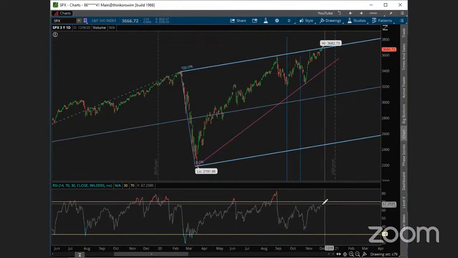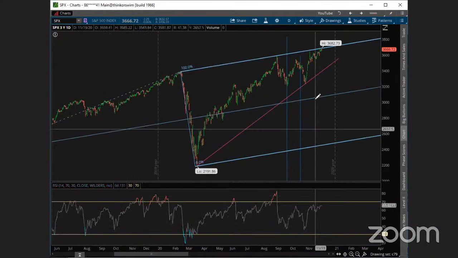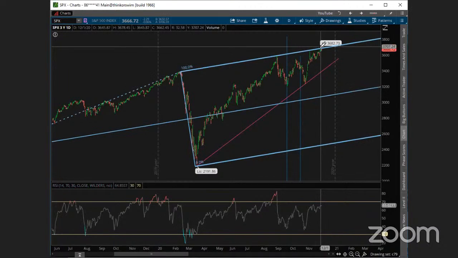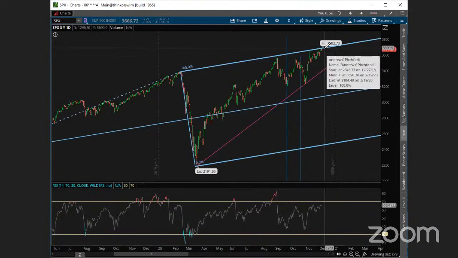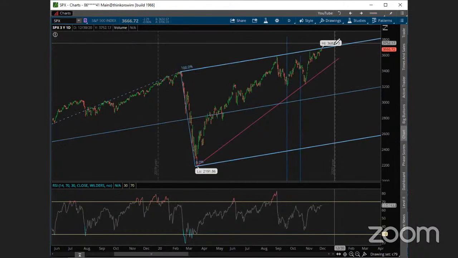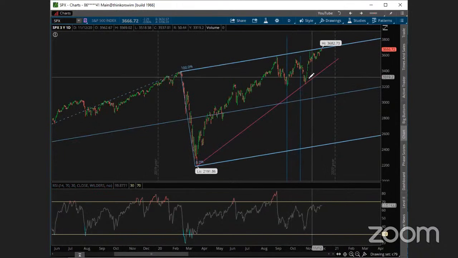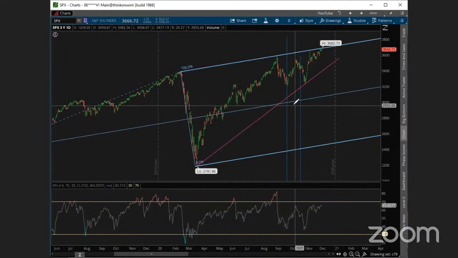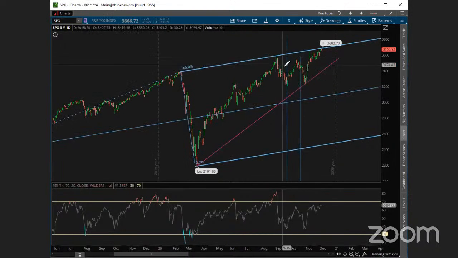But right now, the RSI is not overbought here on the daily chart. So it is possible that we could overshoot the top of the pitchfork. And then at that point, this could be an area of potential support. So we could come back up, retest it, and then go from there. But if we get an RSI overbought, we cross over, and we're also crossing through the pitchfork, we'll look at that as a potential level of a short on the market. So RSI is a very good tool to use at the pitchfork to look for bounces. Again, rising pitchfork, so we look for overbought levels in that case.